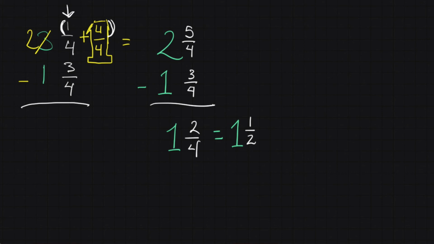When you are borrowing, you have some amount to begin with. Obviously, it's not enough. That's why you're borrowing. And you are going to borrow some more of these things. These things are fourths. And so in this case, I'd borrow 4 fourths. If they were fifths, I'd borrow 5 fifths. If they were tenths, I'd borrow 10 tenths. But you've got to add what you had to what you borrowed,